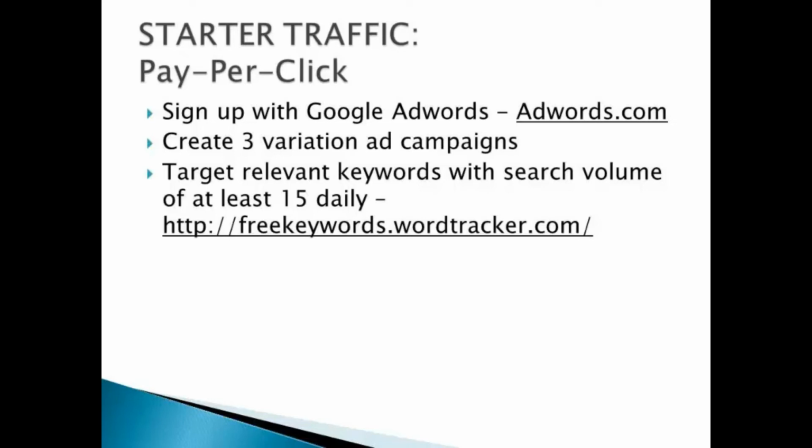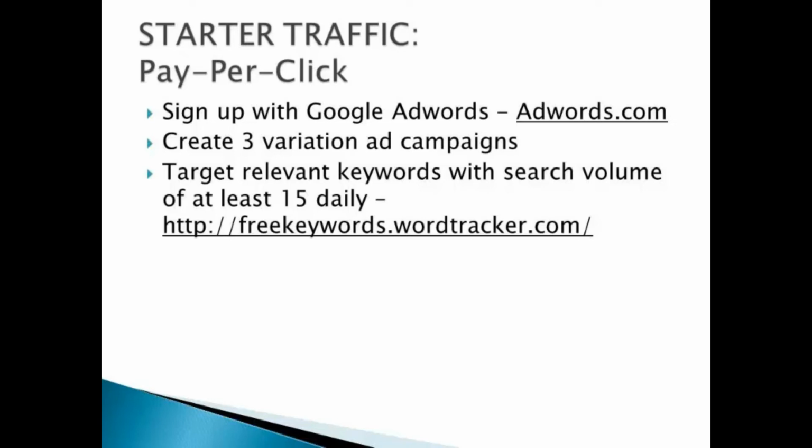your budget. The next thing you want to do is create 3 variations of your ad campaigns to put on Google search engine listings. The reason is that with 3 different variations, especially different headlines but similar bodies, you want to test out which pay-per-click advertisement converts the best and generates the most click-throughs. After a few days, you want to pick out the winner and ditch the losers. Pick the winning advertisement, and that will be the campaign you will use from now on.